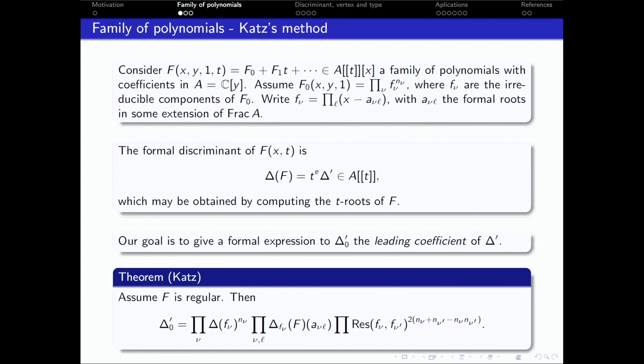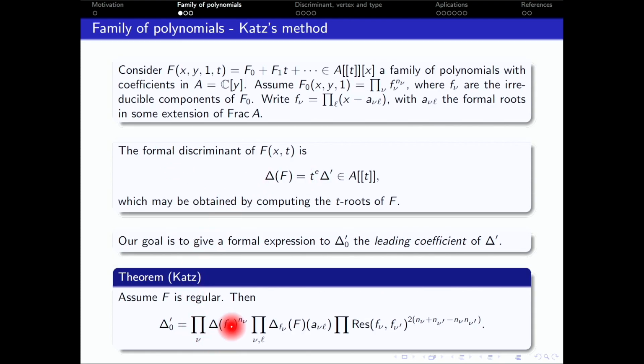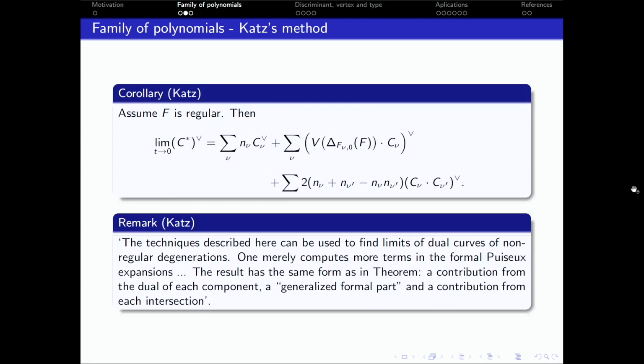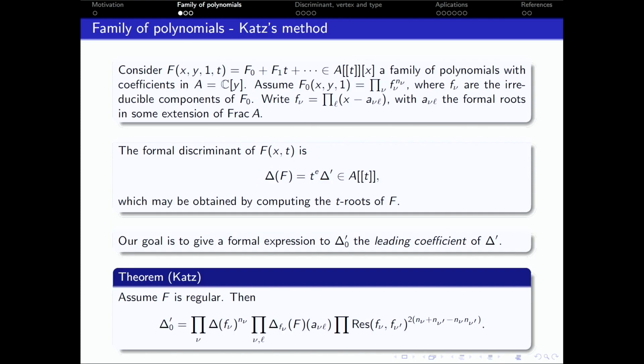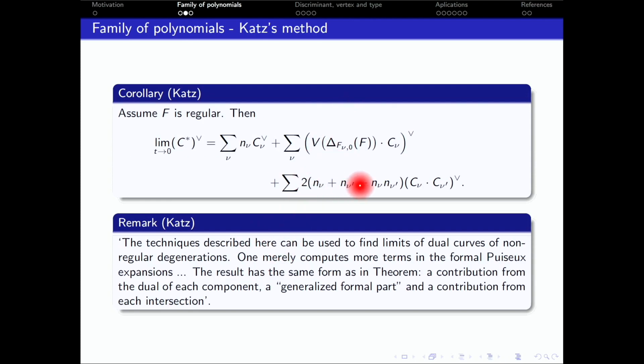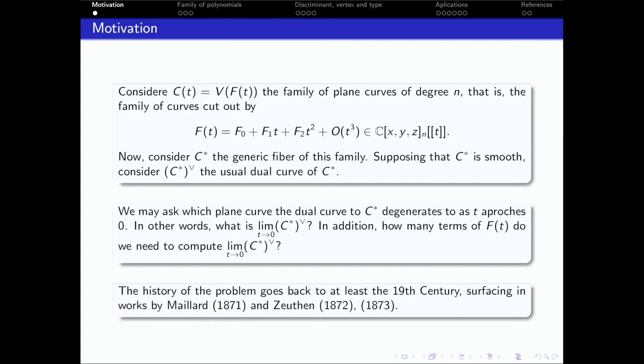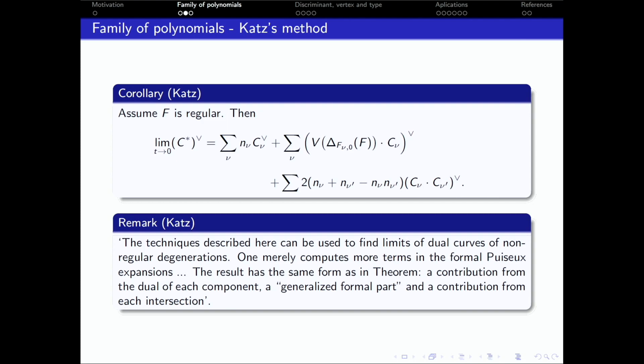This term here gives us the limit of this expression. The other one gives us the sum of the duals of each component. This other part gives us this zero cycle, and the other one gives us another part. And he concludes his paper